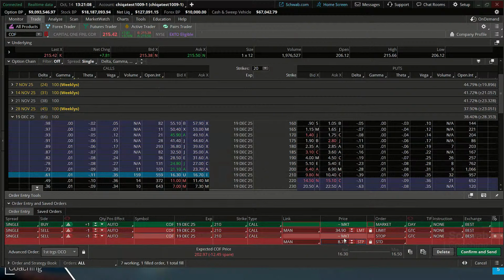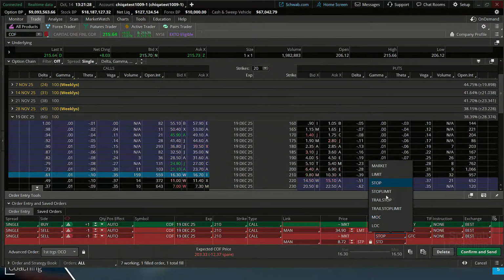Now, there could be a couple of risks with that. We don't know what the price of the option is going to be when it hits that price for our trigger. So you could use a couple of different things. You could always use stop limit offsets, trailing stops as well. There are so many different types of stop orders that you could use there.